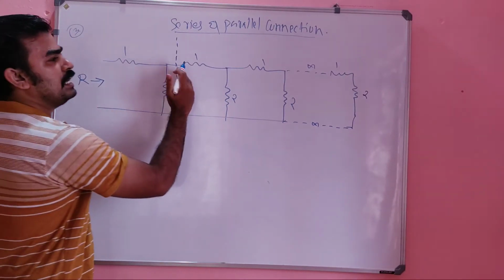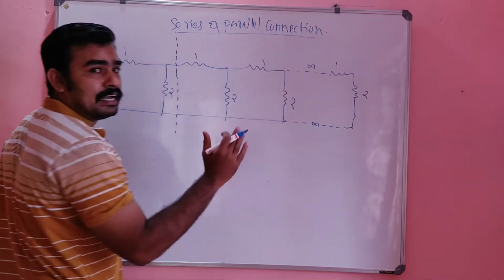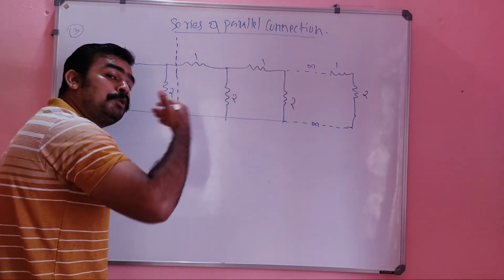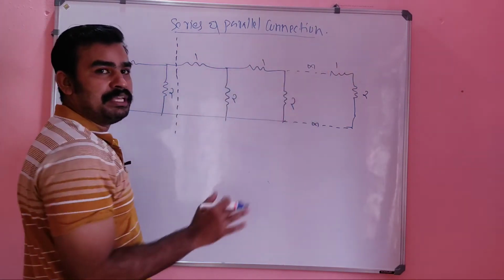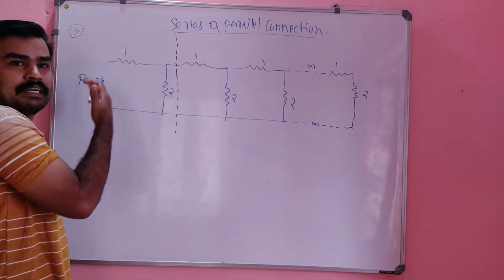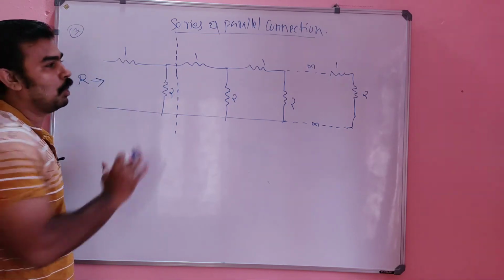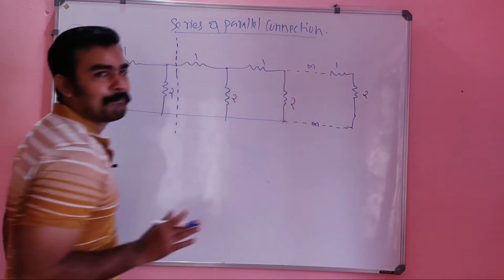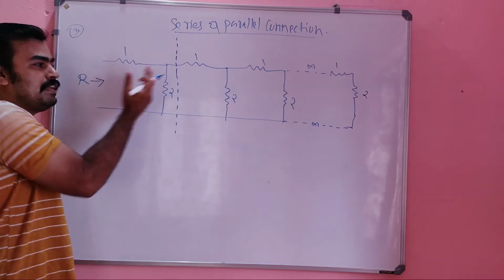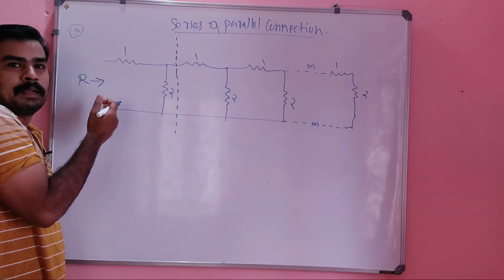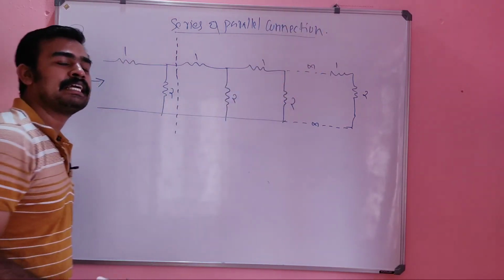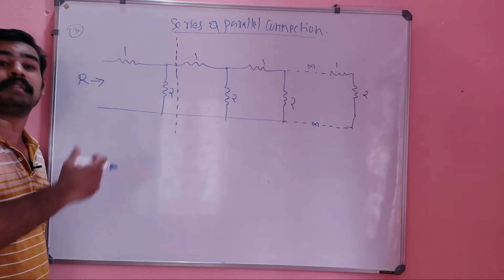So from here up to infinity this resistance combination is continuing. A small portion, this 1 and 2 that I cut away, is not affecting the overall value, right? Because it is up to infinity. We just cut this portion away, so it won't affect the total value because this resistance combination is repeating up to infinity.